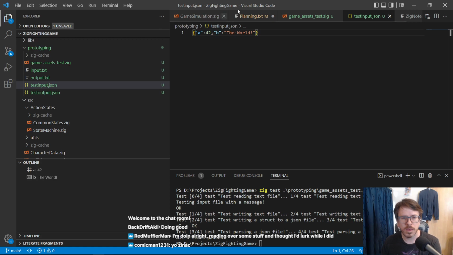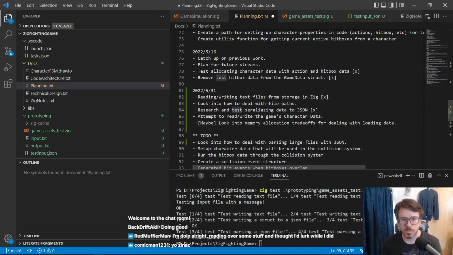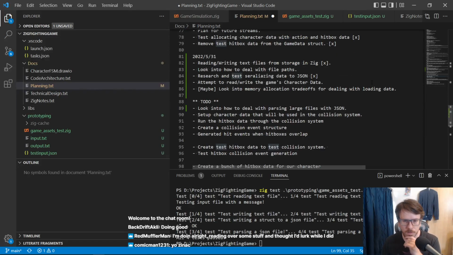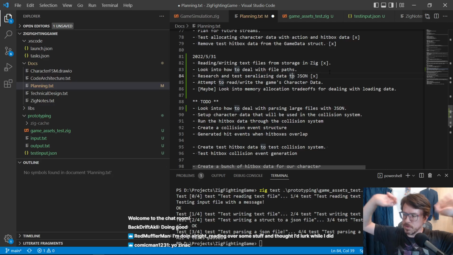So on our agenda, what we have done. Just to quickly review and mark off some things: we've tested reading and writing files from storage. We didn't look at anything with file paths, but we did serialize to JSON and read from JSON. That was the main goal for today. I did want to get around to dealing with our actual character data, but we do have problems with